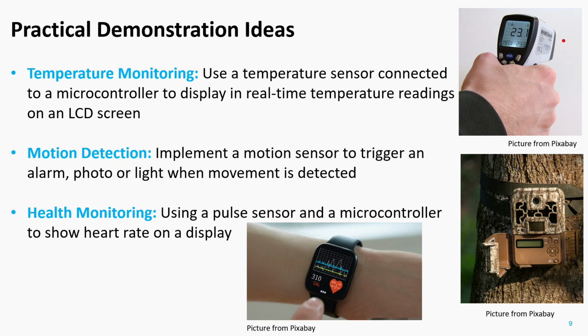On its right upper part, we can see the contactless thermometer that gets temperature at a distance with an infrared physical variable and displays it in real time. The second example is the one that you can see in the lower right part of the slide. It is a motion detector element that it implements based on the detection of movement of, for example, white animals. Finally, in the bottom part of the slide, you can see a health monitor wristband that is normally used to get, for example, pulse heart rate through a pulse sensor that is shown afterwards in the wristband.